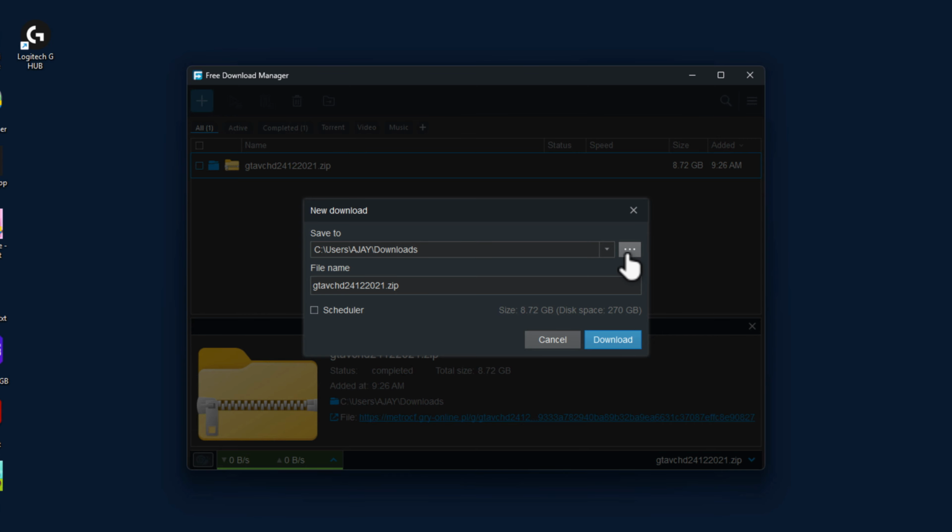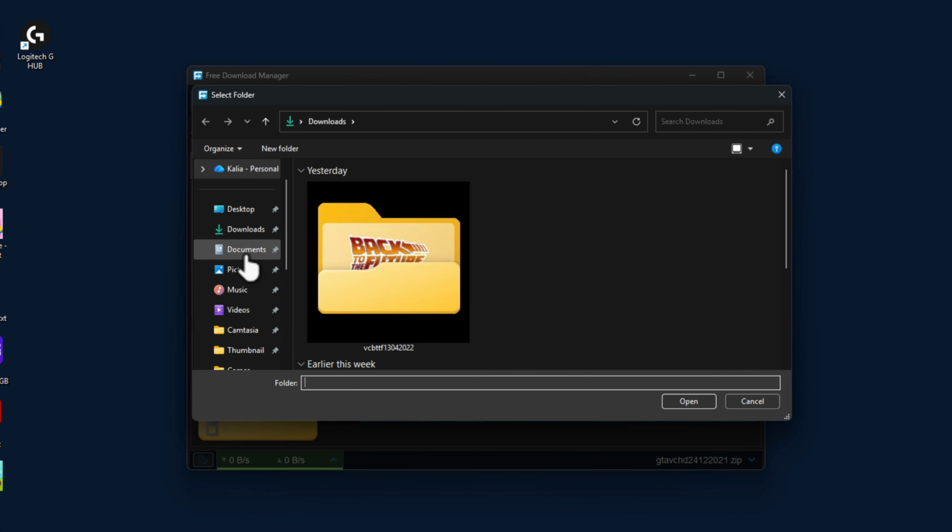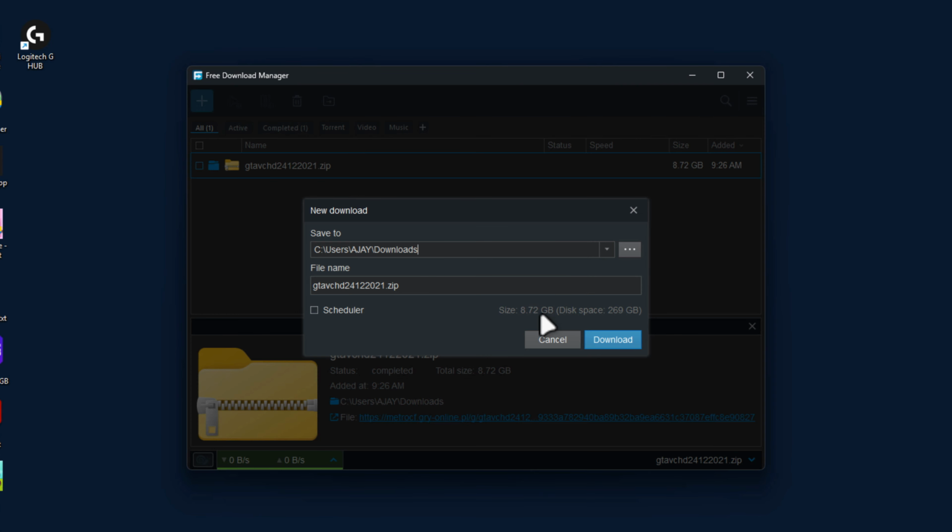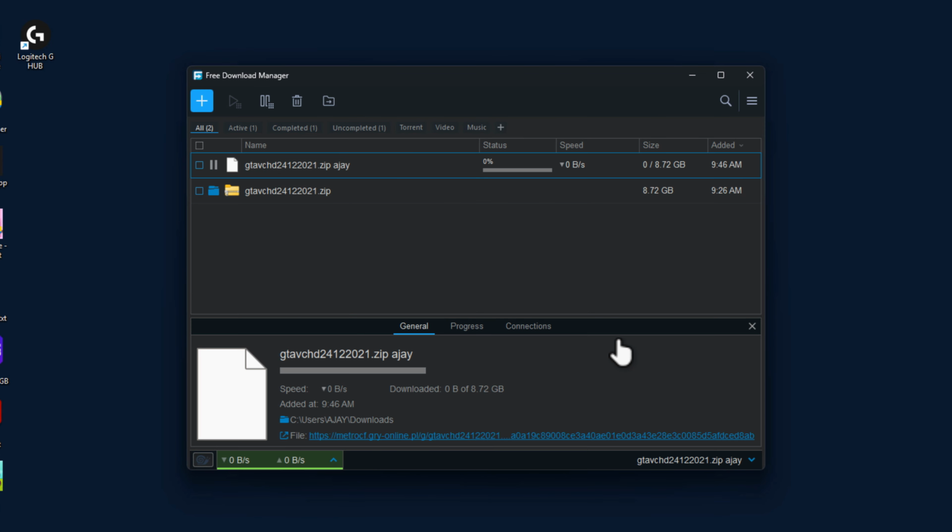For the same file, select this three dot icon and select the location where you want to save this file, and select open, and name the file you want. Select the download option,